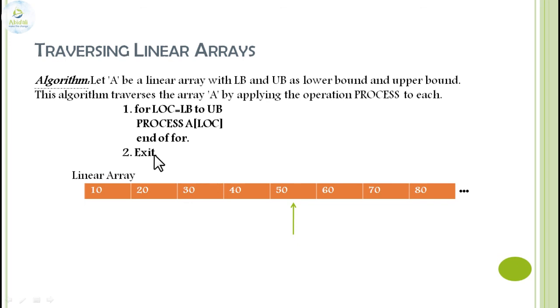This is the algorithm for traversing, which can be asked for 2 marks or 3 marks depending upon the paper setting. Then we will see a simple program on how we can take input and give output by using the traversing algorithm. We have seen that already in the first POC, how to read and write the elements of an array. Let us move